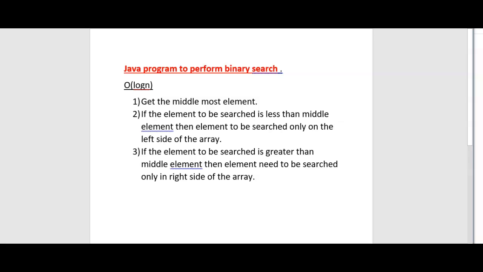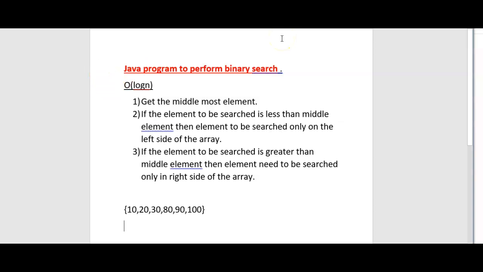First, what is the input array? 10, 20, 30, 80, 90, 100. If you see here 10, 20, 30, 80, 90 and 100, first we need to get the middle element.